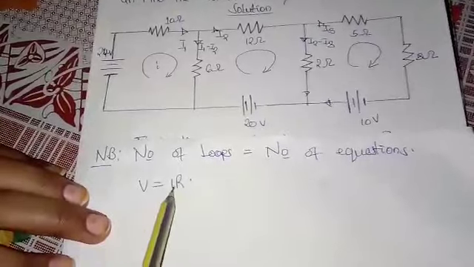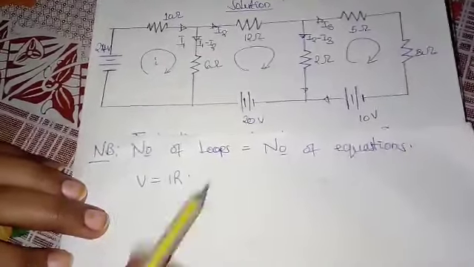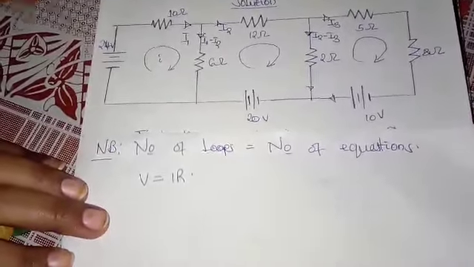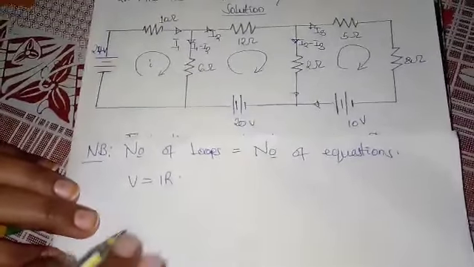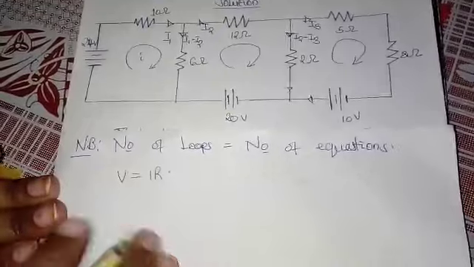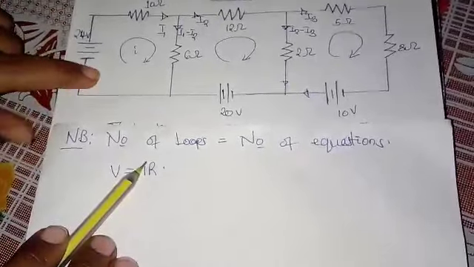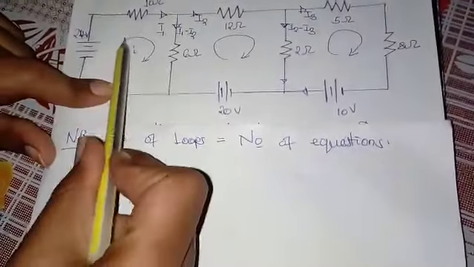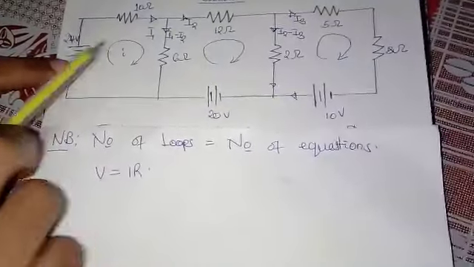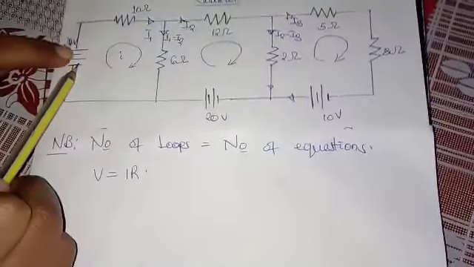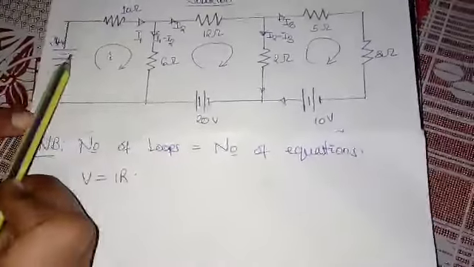Also, we have to remember this simple formula of voltage, which is voltage is equal to current times resistance, because we're going to deal with Kirchhoff's voltage law in finding our equations. So going down to our equation, our first equation will be depending on this loop. So our first equation will be